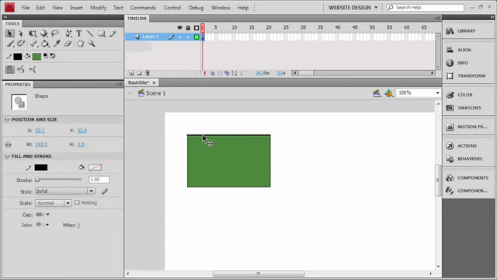So let's go over some nice keyboard shortcuts that we can use to select multiple items. First of all, I can use the Shift key. If I hold down the Shift key and select another object, you can see that it just gets added to the selection. If you're trying to select strokes, you can just double-click on a stroke, and it will automatically go and find all the connected stroke pieces and select them all at once. So let's try that. There you can see that I got all of the sides of the square with one